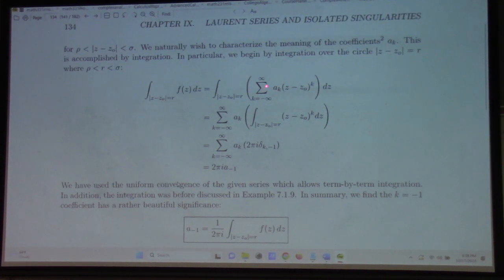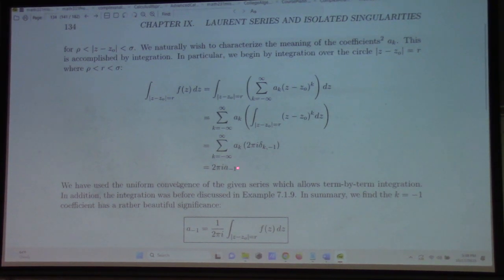do what? The usual thing. Exchange the order of integration and summation. That's reasonable because it's uniformly convergent, so we can interchange the order of summation and integration. And then how does this integrate? Well, this is only going to be a non-trivial integral if k is equal to -1. So I express that with a Kronecker delta, k minus 1, times 2 pi i, which gives us 2 pi i